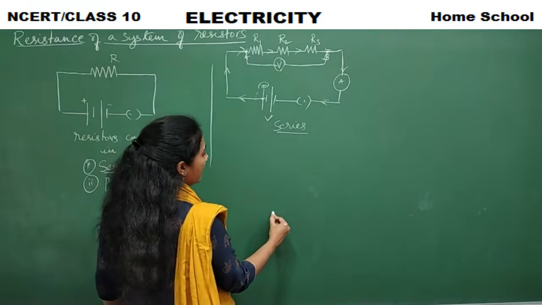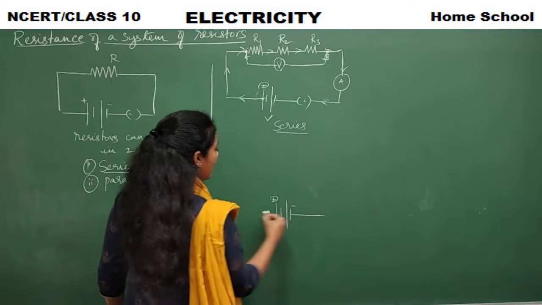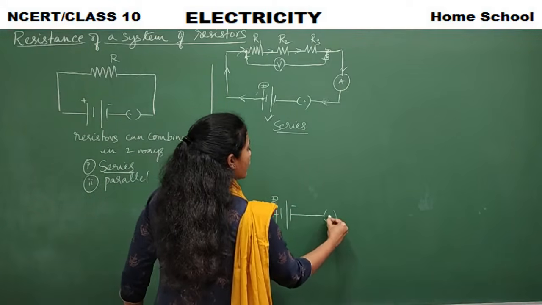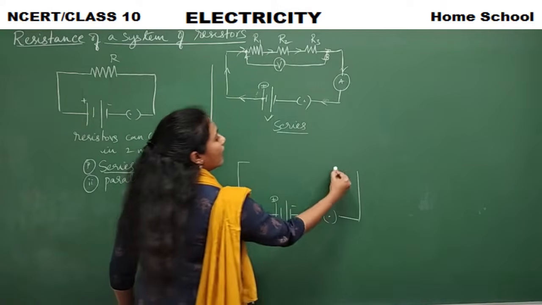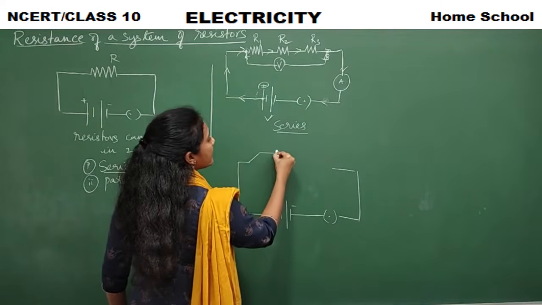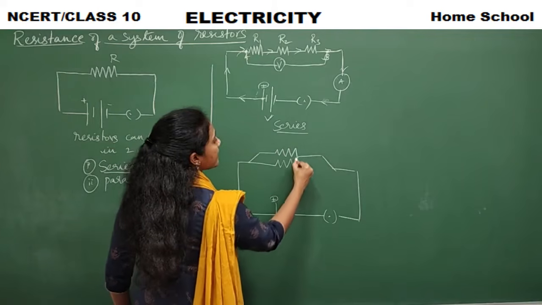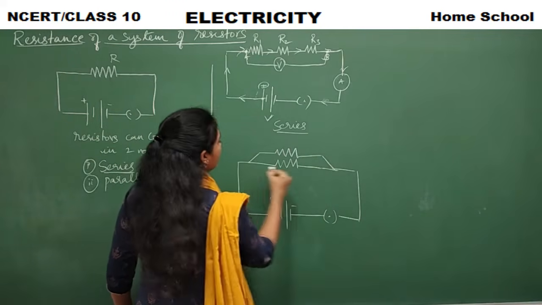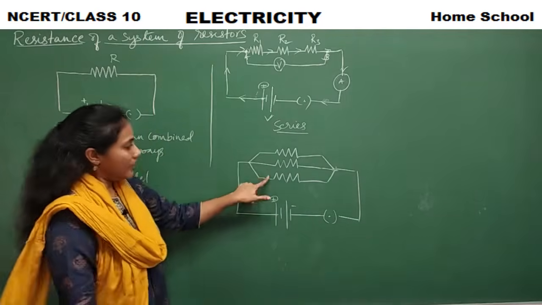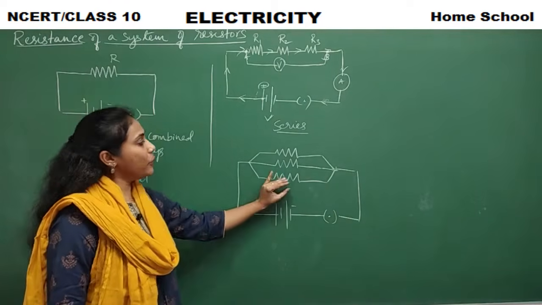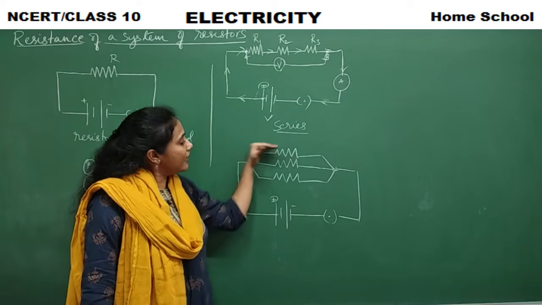That is also very simple. Say this is our battery, positive terminal, negative terminal, and this is our switch, a closed switch. See here, this is one resistor, this is the second resistor, and this is our third resistor. See the way we connected? Here the resistors are parallel to each other. They are not coming in a single path, right? They have taken a diversion here.